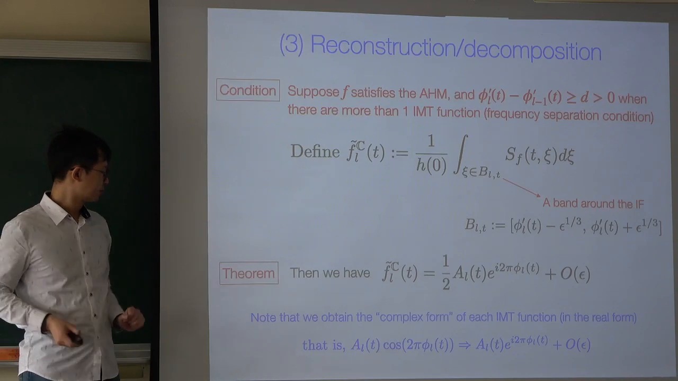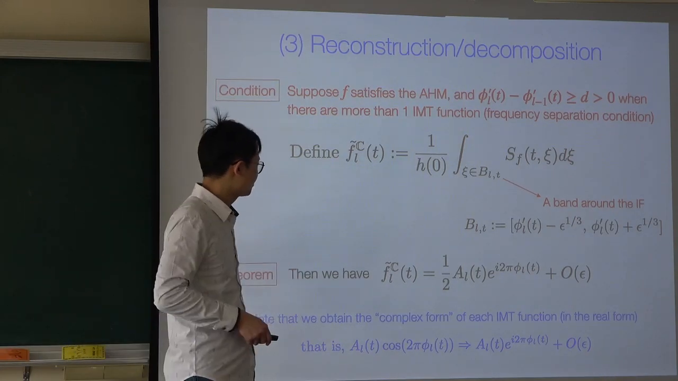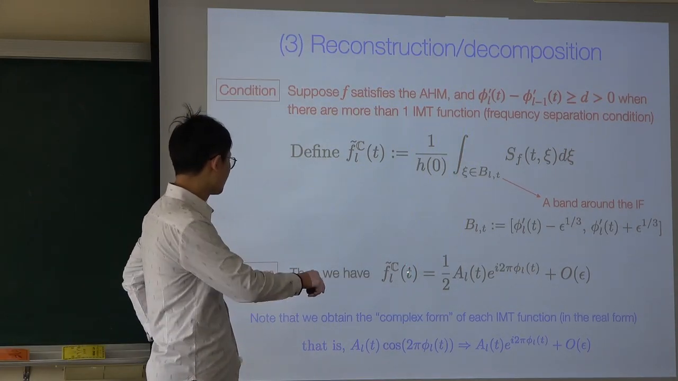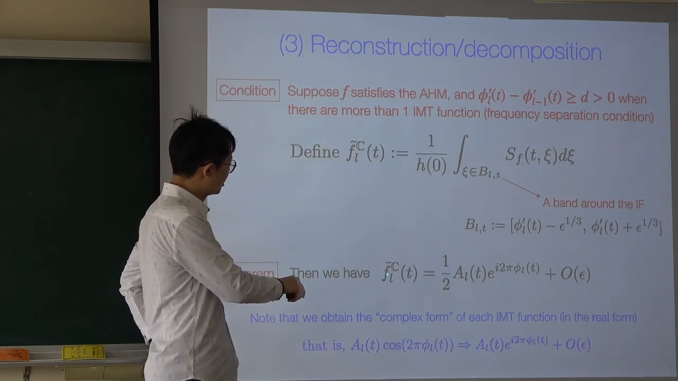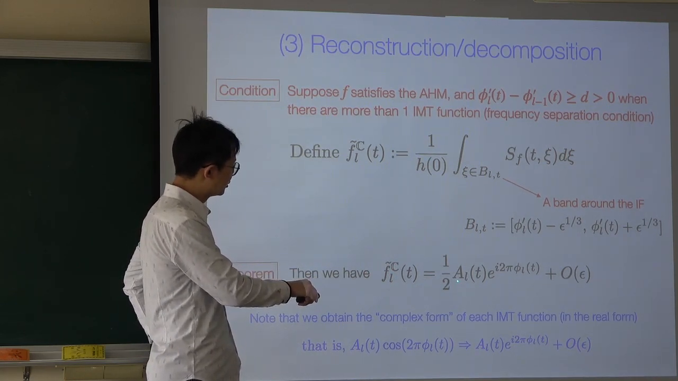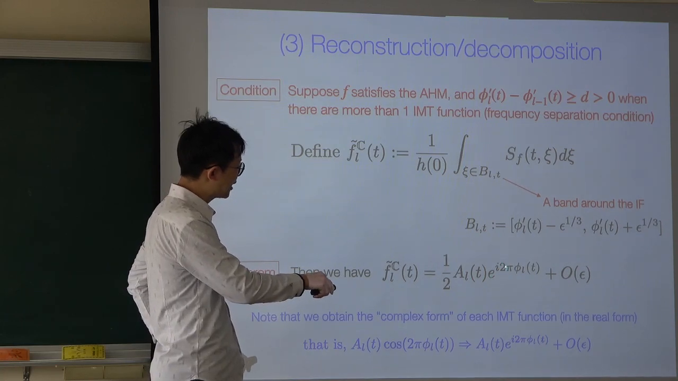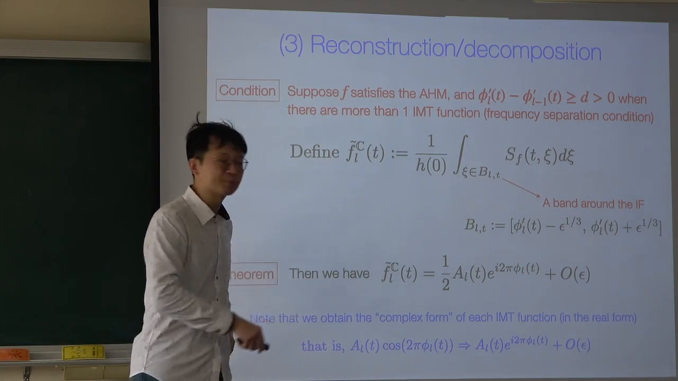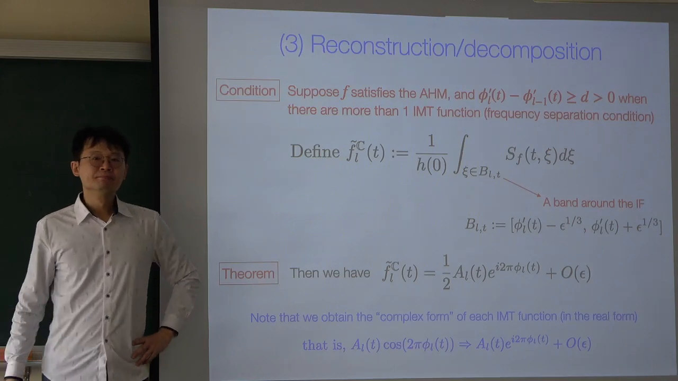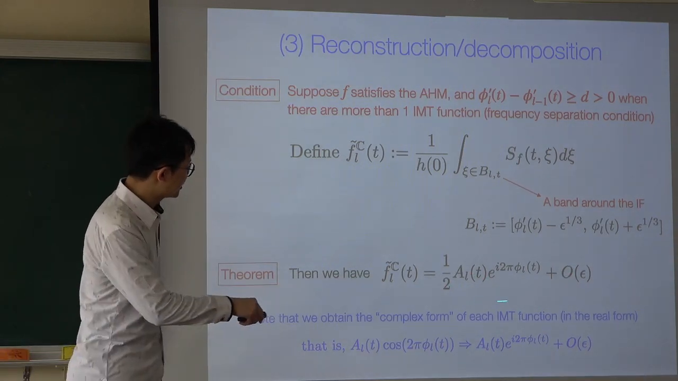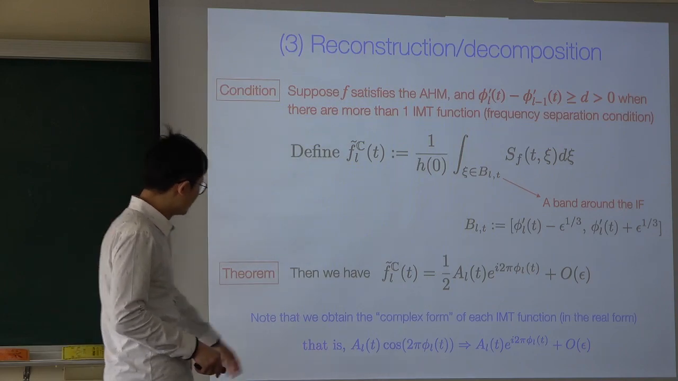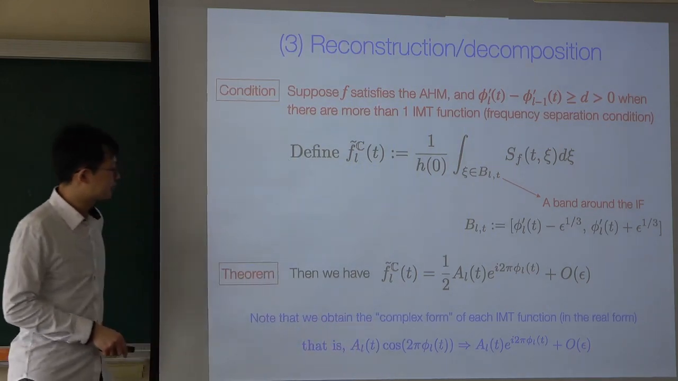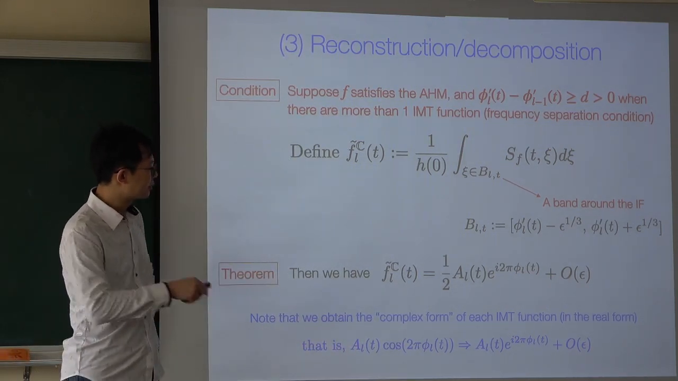If you do so, then we have the following fact. That is, f tilde ℓ is actually 1/2 A_ℓ(t) exponential i 2 pi phi_ℓ(t) plus order of epsilon. What does it tell you? It tells you that we obtain the complex form of each intrinsic mode type function